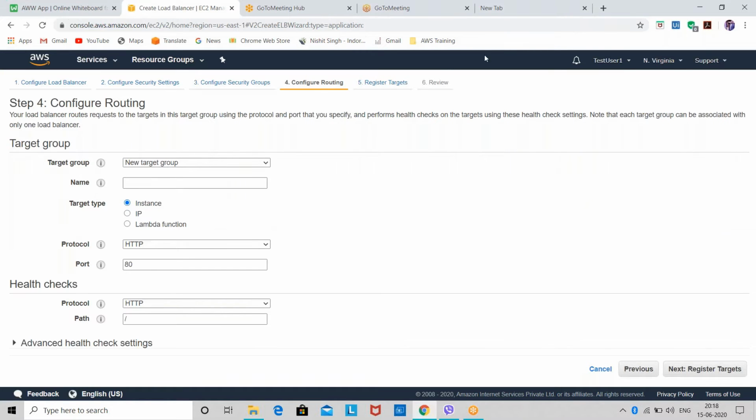As soon as I came to the routing configuration, they've asked me to create a target group. Now you should remember what a target group is. I told you on Saturday what a target group is.